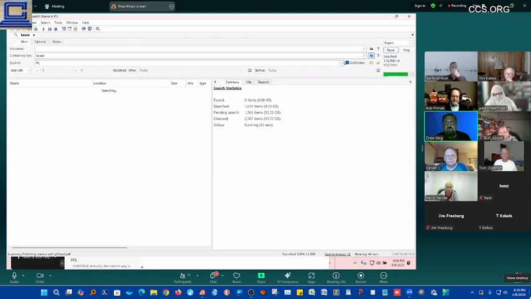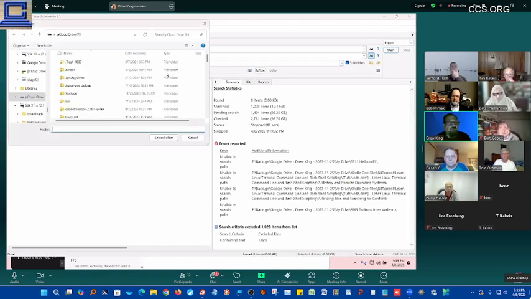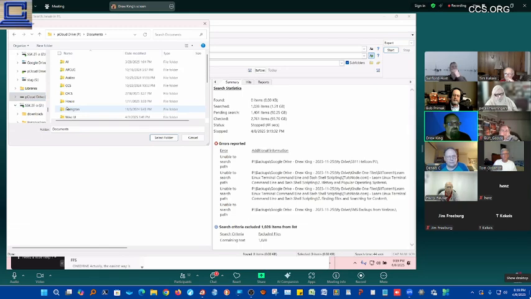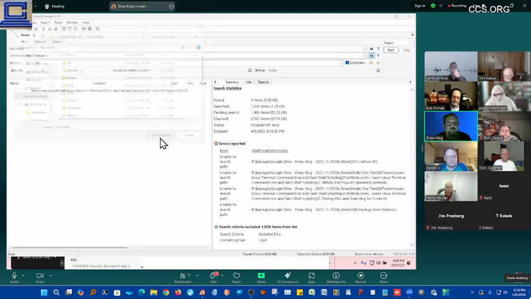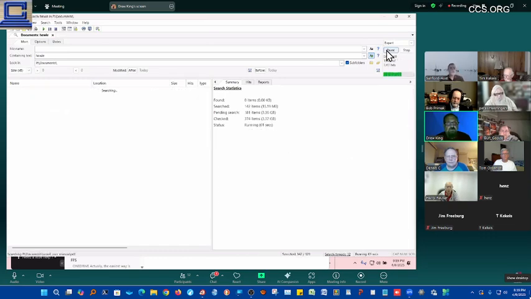Let me stop this and go specifically to the location where the documents are. pCloud, and then go into documents. And then there's nothing in there. We're going to go into here and say select folder, and now start the search. Oh, I saw. And it should find